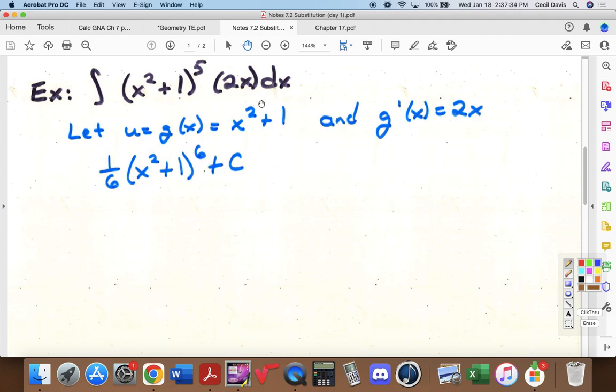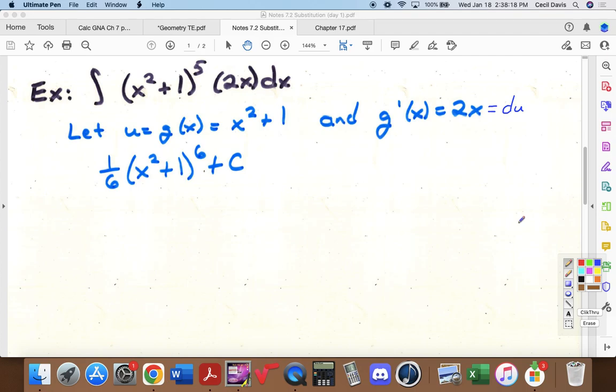So, let me show you how this works. Let's say we have this antiderivative defined. It's the integral of x squared plus 1 to the 5th times 2x dx. So we're going to let u be equal to the inner part of the composite function. When you do integration by substitution, you'll always have a composite function, even though you may have to squint real hard to make it one. You always let u be equal to the inside part of the composite function. You don't have to call it g of x. Okay? It's x squared plus 1,